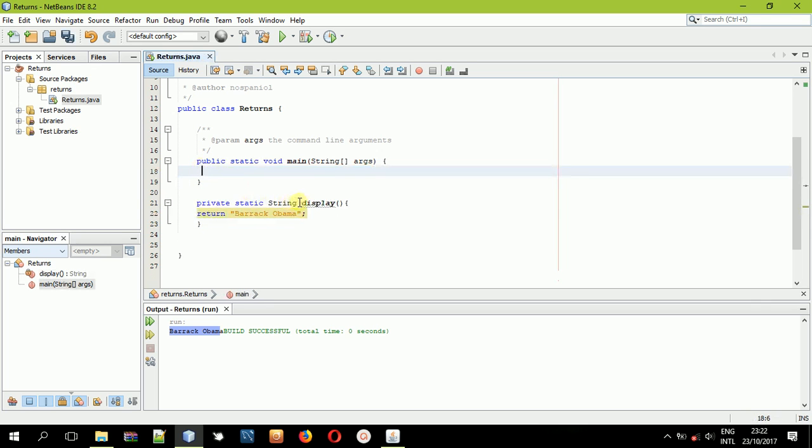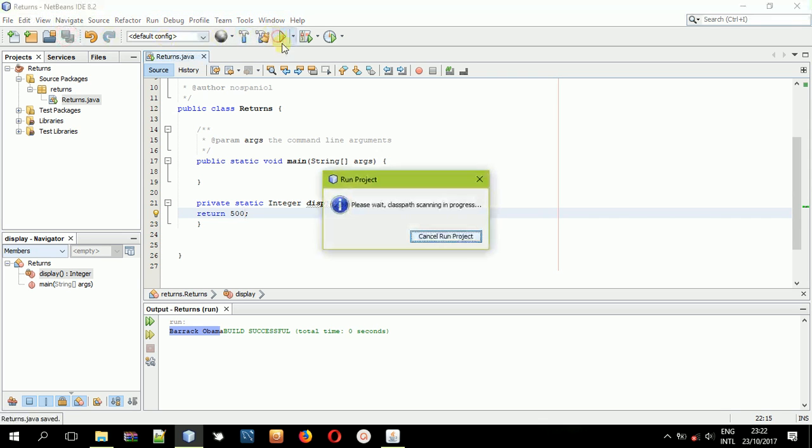Now let us change this method display, and let us change the return type to be an integer. You can see, first of all, there's an error created here, meaning this one is a string. You cannot return a string from a method that has a return type of integer. So what if you want to do that? Just return an integer, like 500. And when I save this project and run,